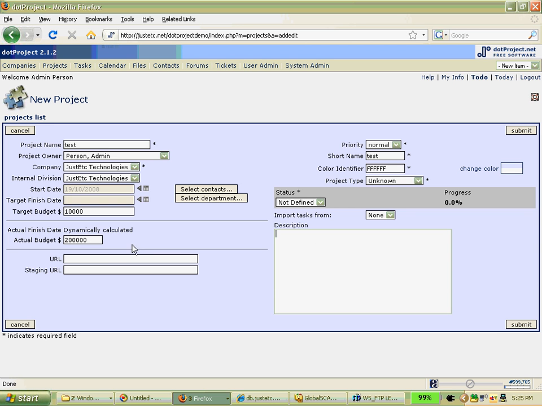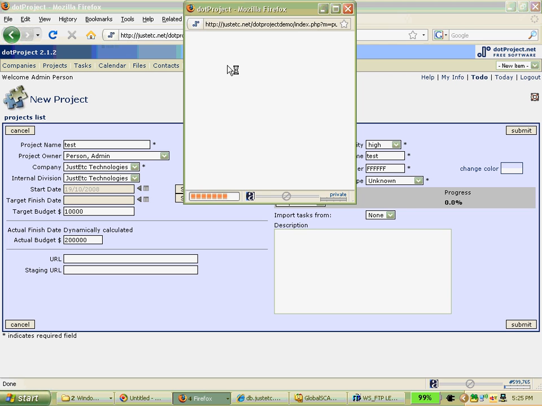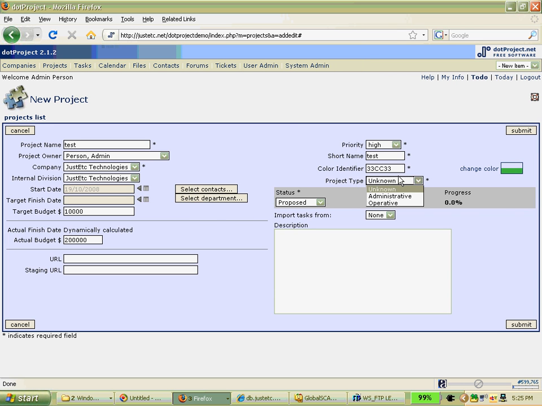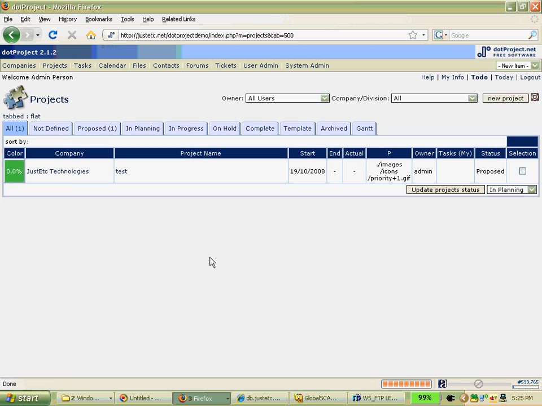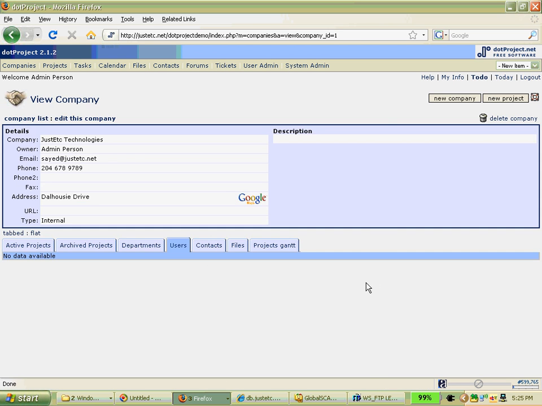So you can provide the description, URL for this particular project and starting, maybe proposed priority high. You can also give a color identifier for this project. Project type, administrative, you can define. Okay, so you have created one project that is in proposed, you see one, and under project what you can do,